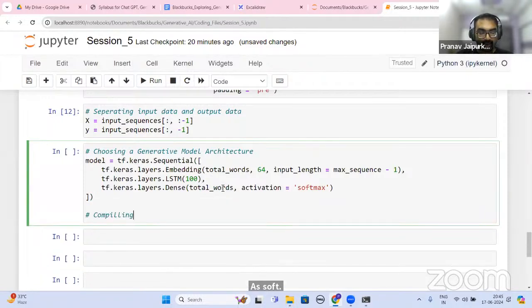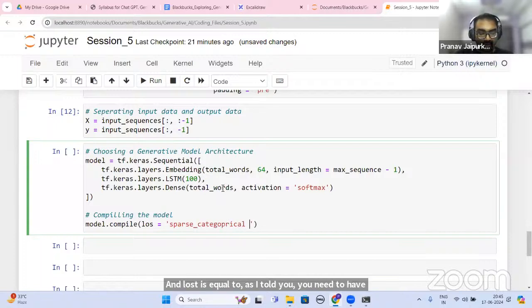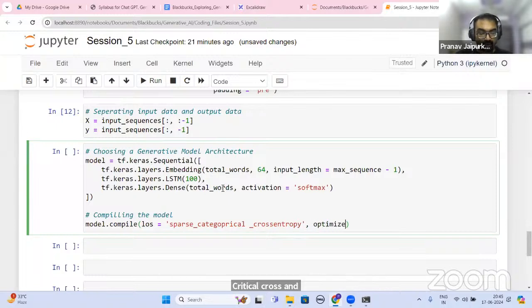And then we have compiling the model. So model.compile, and loss is equal to sparse categorical cross entropy. As I told you, you need to have some deep learning background, otherwise this is going to be really difficult for you. Comma optimizer is equal to Adam, comma metrics is equal to accuracy.